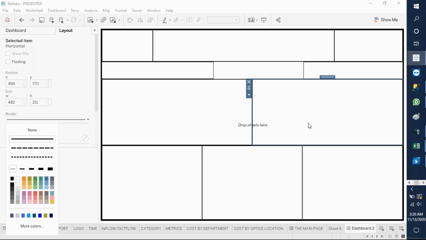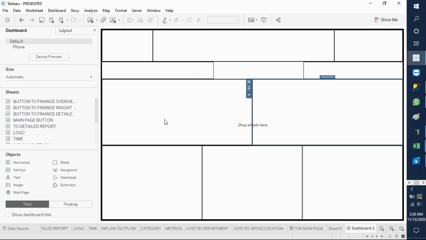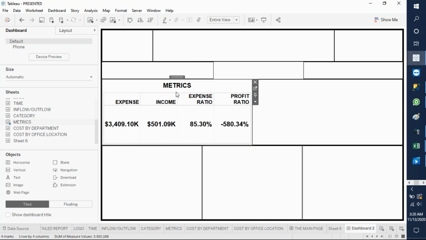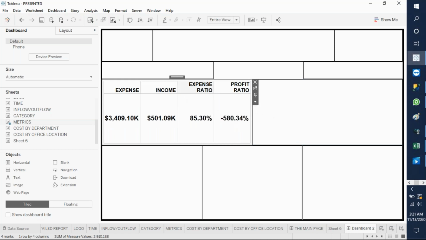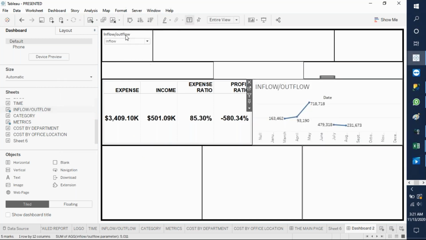So I can go ahead and incorporate my dashboards. So I'll start from the metrics, put them there. Then I don't want to see the header. So I can do away with the header. Like that. And then I can pick for the other part. That is the expense and inflow. Inflow and outflow, I mean. Then I put it there. Then this one I need it to be